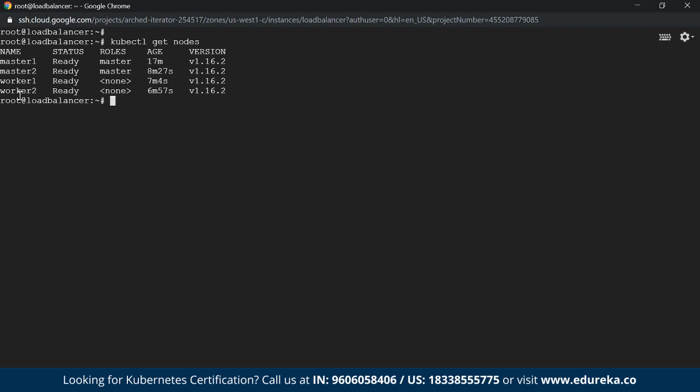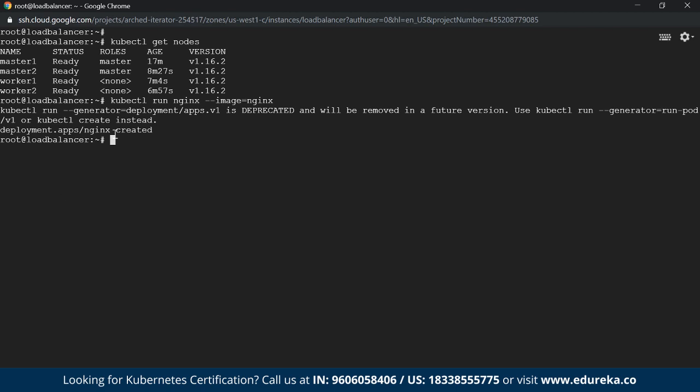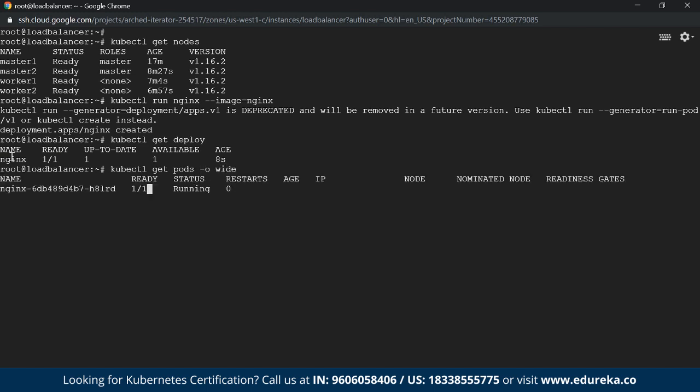One final thing that we'll do is run one simple nginx pod and see how we'll be able to interact with it. So kubectl run nginx --image=nginx should download the latest nginx image from the Docker Hub repository and create an nginx deployment for us. So kubectl get deploy should show that you have one deployment of nginx running in the system, and kubectl get pods -o wide should show that you have one pod running on worker 2, and the corresponding IP address assigned is